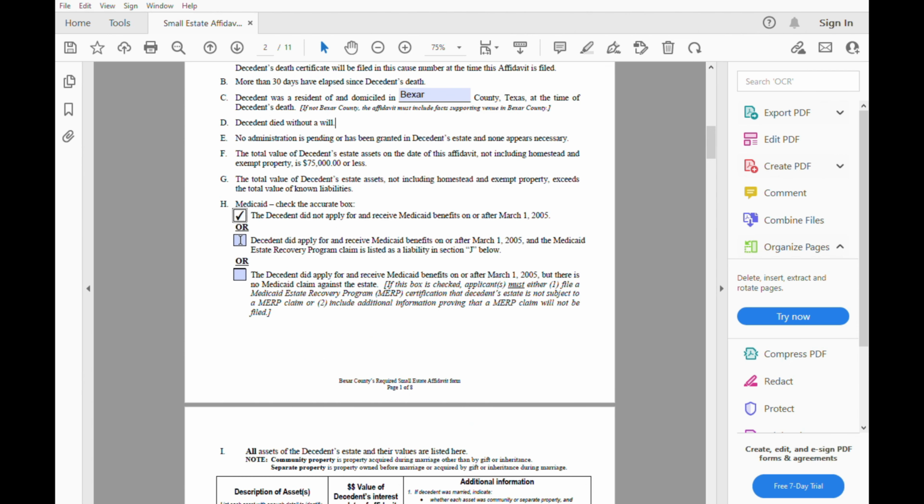And we're going to get to the Medicaid box. You notice I'm playing around with these three. This has to do with the Medicaid Estate Recovery Program, whether the decedent received Medicaid dollars, and whether the decedent is going to have to pay those back. You're going to check the appropriate box, and we're going to go to the next page where we have the